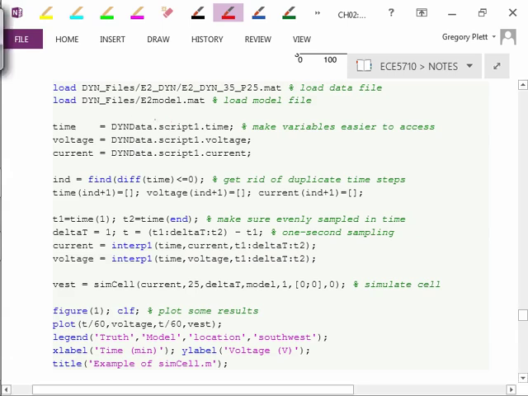So e2model.mat is the MATLAB data file that contains the enhanced self-correcting model parameters of a cell that's called an E2 cell. That's just the name of the model. And so the first file is current versus time and voltage versus time and so forth. And the second file is the data, the ESC model parameters. The file number 1